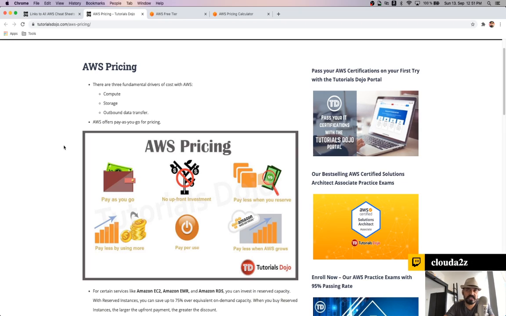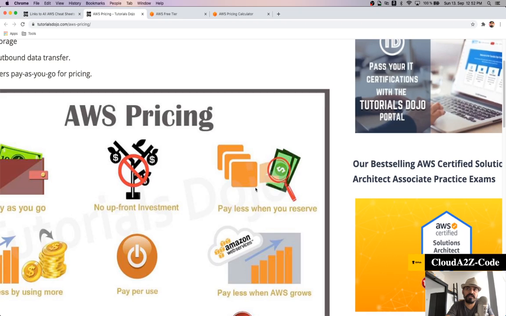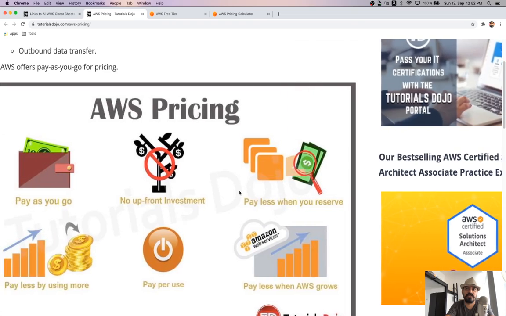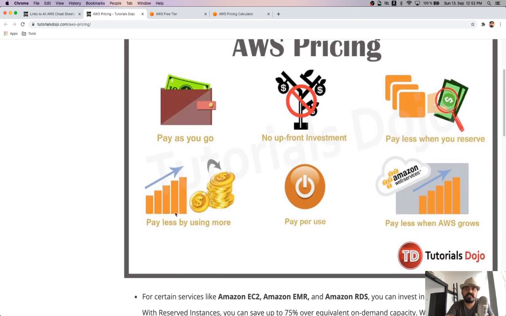Basically it's no upfront for any of the services. Another thing is you pay less when you reserve a particular service like an EC2 instance, for example. I will show you how much exactly you're going to pay less. Another thing is pay less by using more as well.